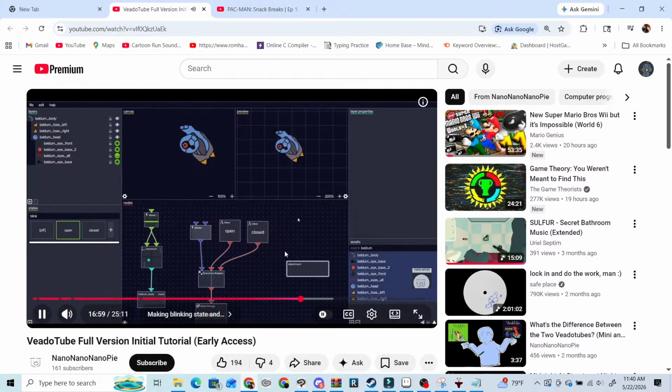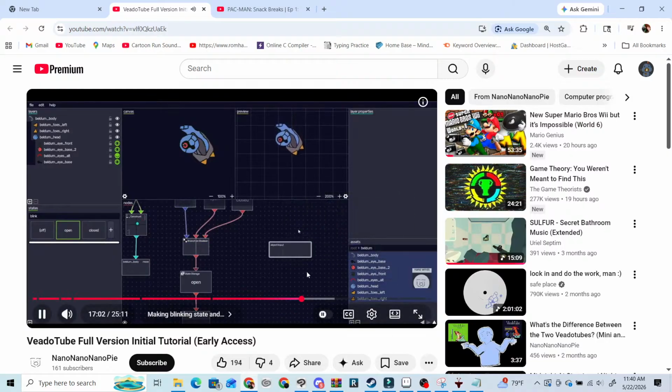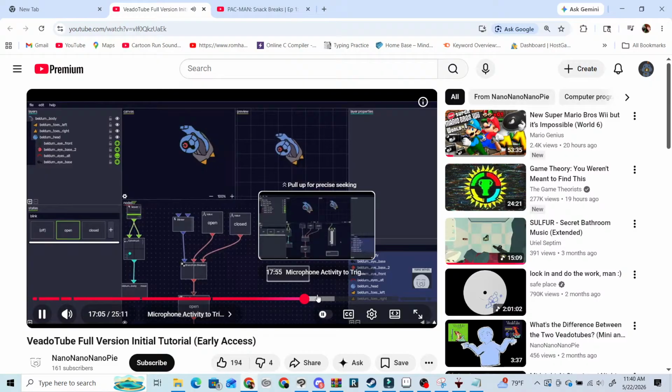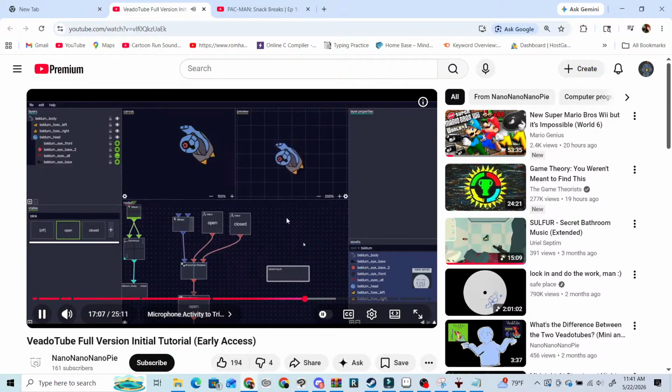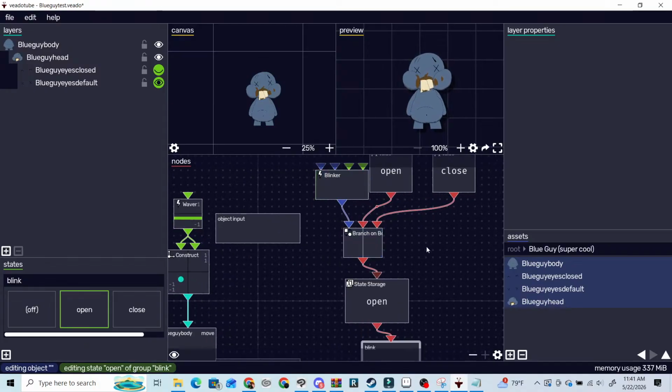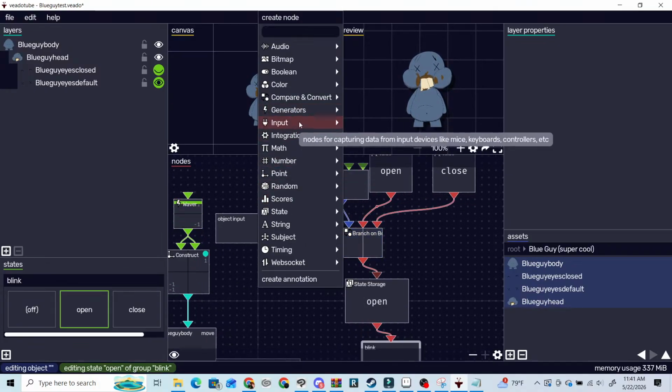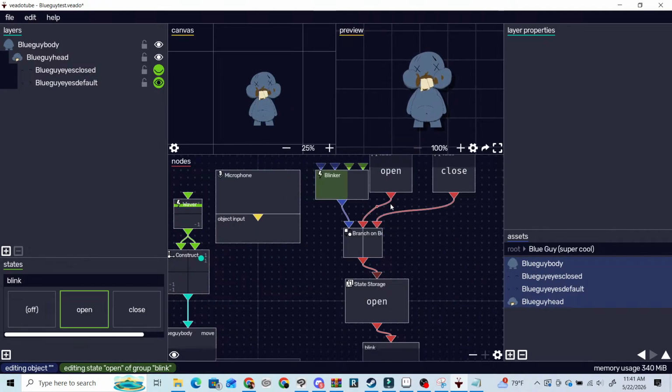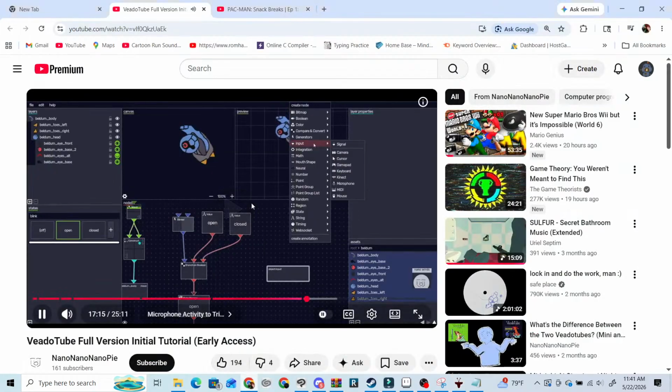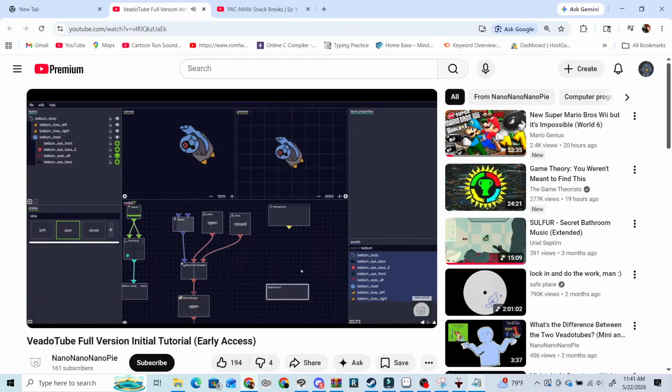state, which is working. Next thing we want to do is have a microphone, saying if I kept on talking, then I wanted to trigger something. So let's get that set up. What we do here is click on write and then click on input, where you can have a wide variety of inputs. Your camera, which you can use for facial tracking for other parts, your cursor, gamepad, whatever. For this particular instance, we're going to do our microphone because that's what our thing is going to be picked